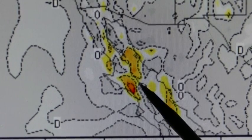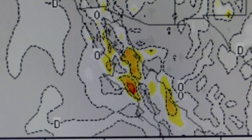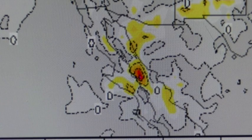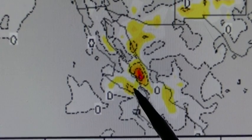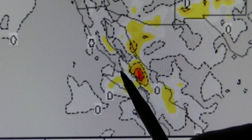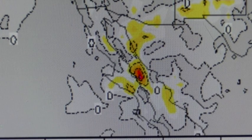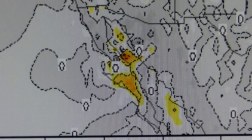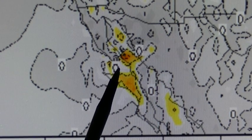This looks identical to what they did to Hurricane Norbert 10 days ago over the open ocean. And here's 500 millibar, 18,000 feet altitude. Rising air over the warm water, kind of expect that. Rising air over the land, and still have this area of neutral or falling air. So the main thing here is at 5,000 feet we have this three-lobe affair with sinking air right in